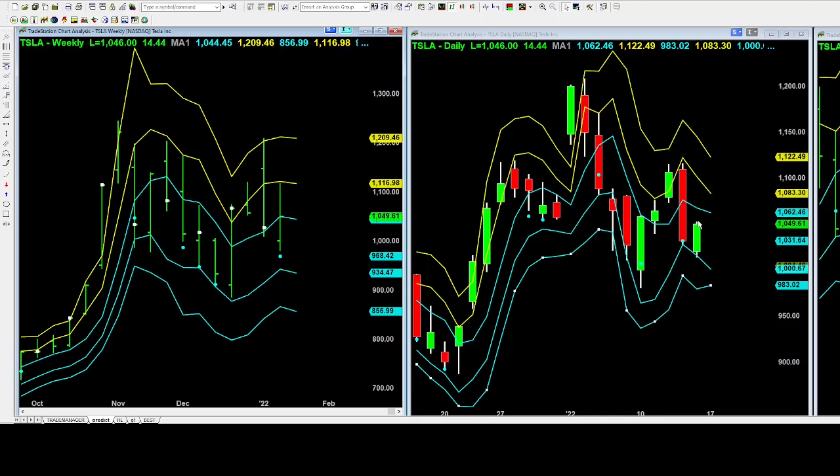And right now it's relatively close to this trend line, 1062.46. So it depends on how it will open next Monday, early next week. It may have a tendency to increase to this 1062. Luckily, it may increase a little bit more, but it's not expected to exceed this 1083. But if it opens relatively low early next week, it still has the tendency to go down to this